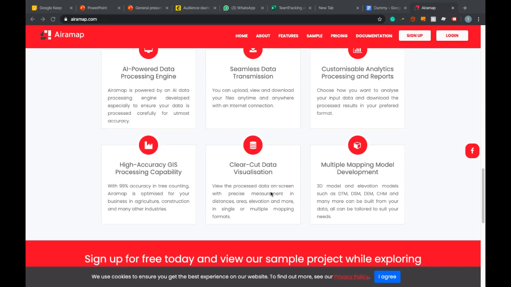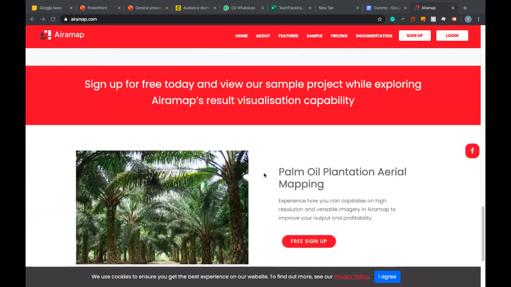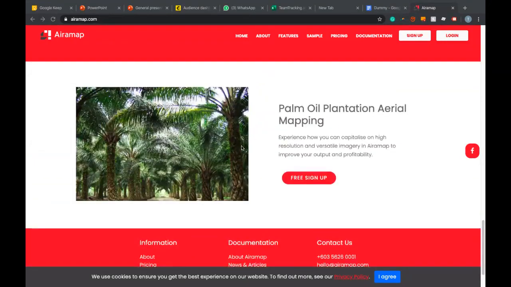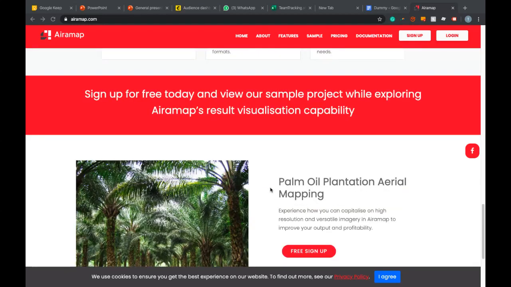And clear-cut data visualization, which means the images that we send to you after they've been stitched are all clear-cut and in very good post-processing quality. This is because everything we've described is automated using the AI engine.